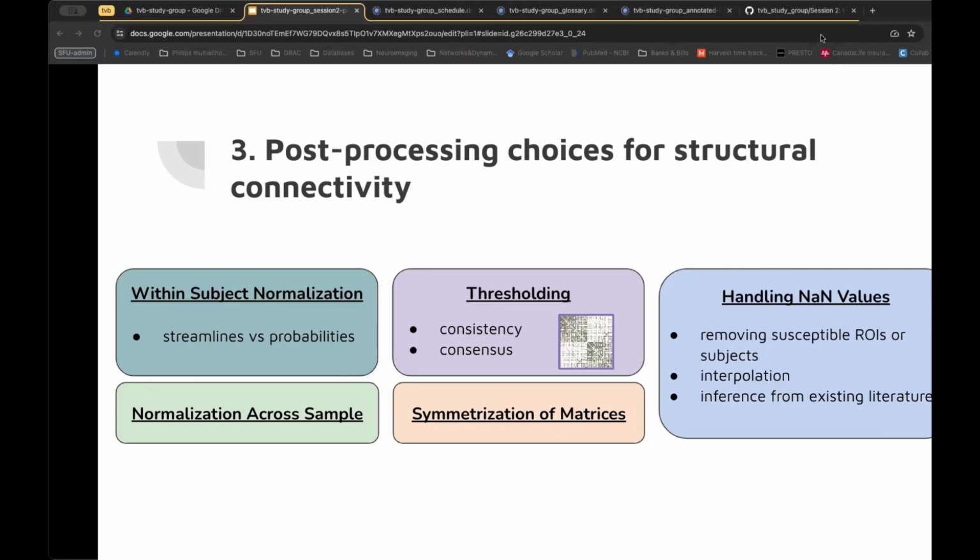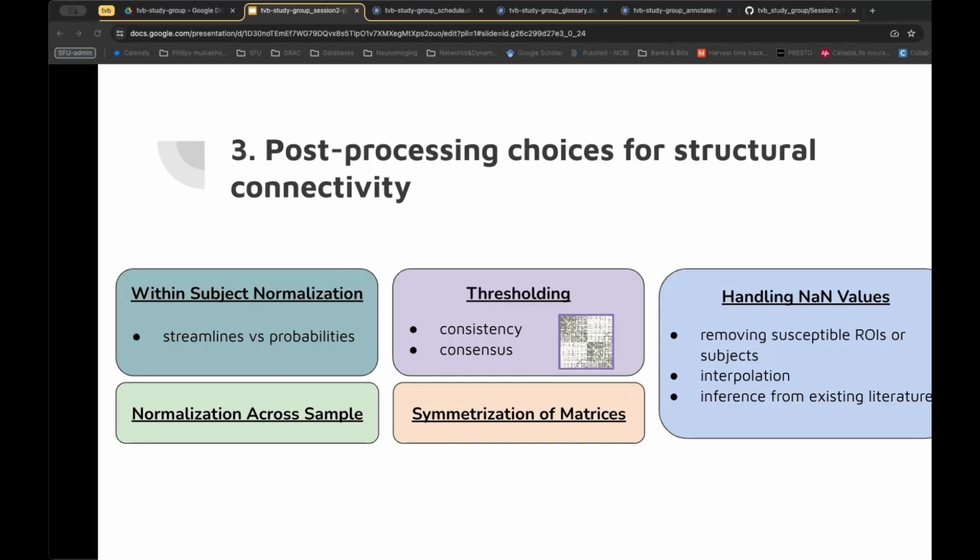I'll move on to talk about symmetrization of the matrices. In our approach, the DMRI doesn't let you really infer the direction of fibers. It just lets you know about the orientation. So we can't really build a directed matrix. We can't say the connection from point A to point B is this value, and the connection from B to A is a different value. So what we do is we just average those two values and create an undirected graph for input to